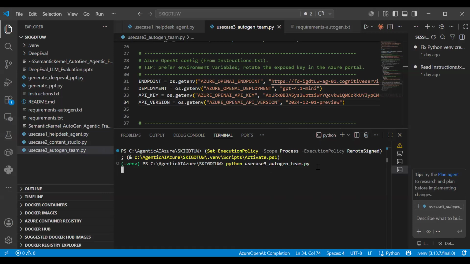Hope it works because we have passed this key and everything. You'll see. Just wait some seconds.